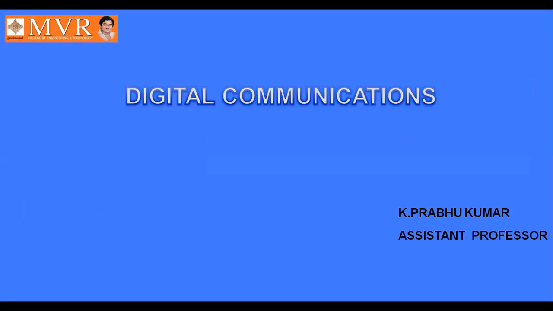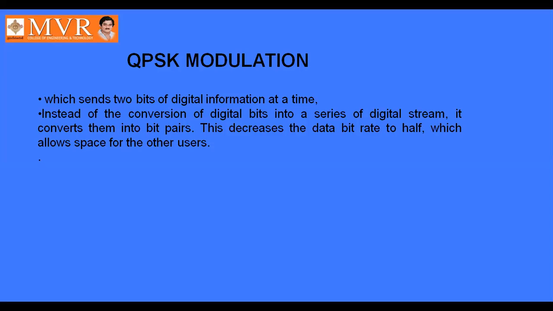In the last class, we already discussed amplitude shift keying, phase shift keying, and also frequency shift keying. So we already know what amplitude shift keying is. Amplitude shift keying means the amplitude of the carrier is varied according to the message signal. Here the amplitude of the carrier is shifted between zeros and ones because this is digital communication. Amplitude shift keying is also called on-off keying.